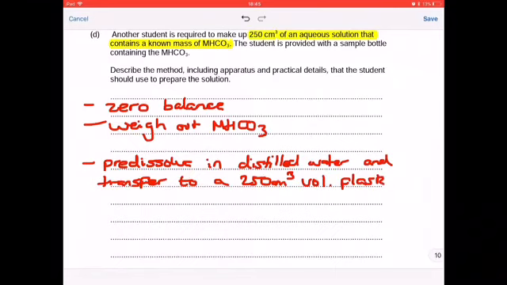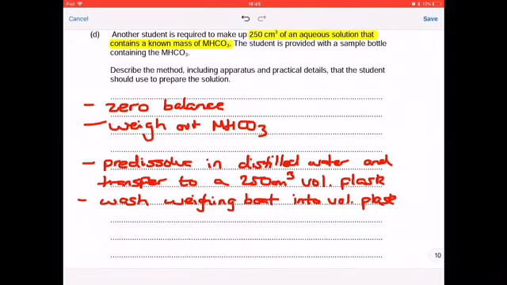Now, again, make sure you reference the volume of the volumetric flask. Make sure that you call it a volumetric flask, because both of those things are important in order to get a mark. The next thing that you need to do is to wash the weighing boat into the volumetric flask. That makes sure that all of the solid is transferred across and that you don't lose any during the transfer process. Once you've done that, you're going to swirl until dissolved,